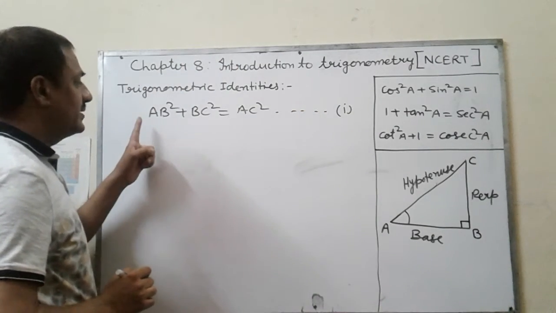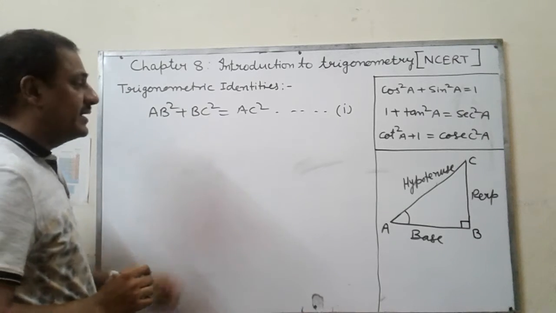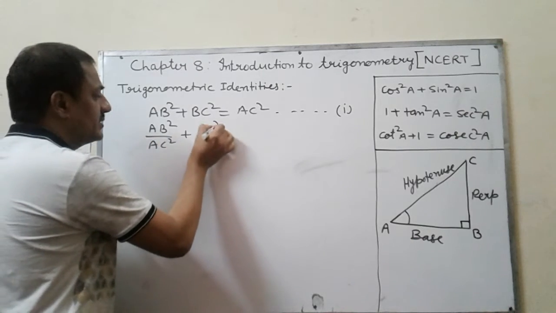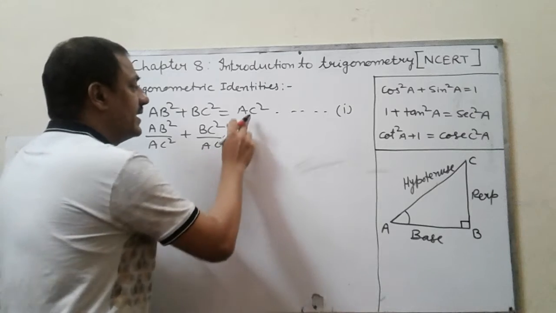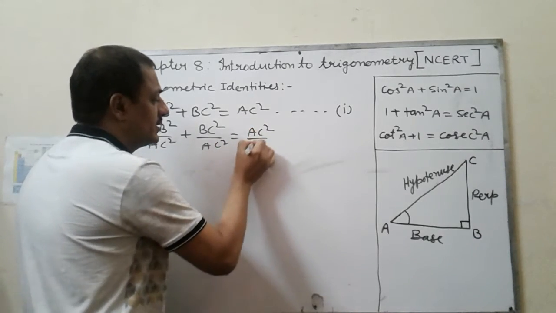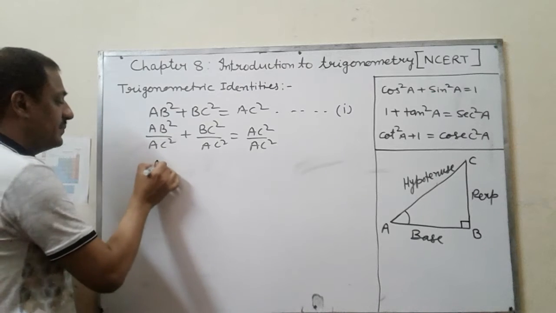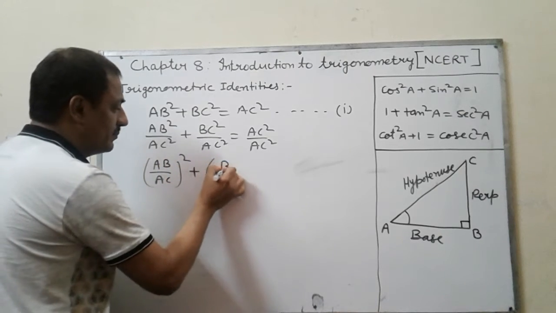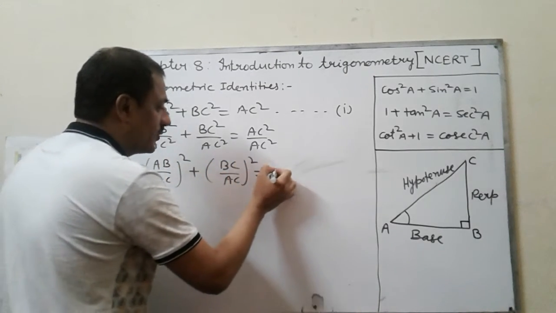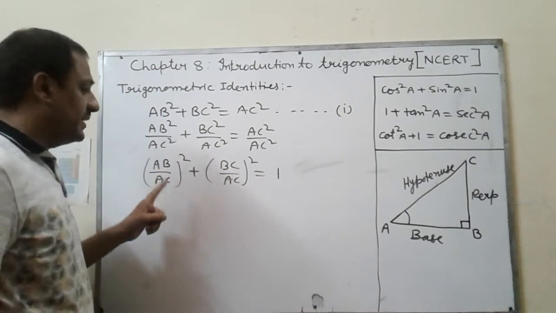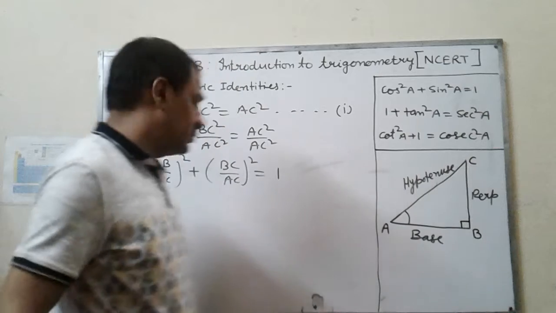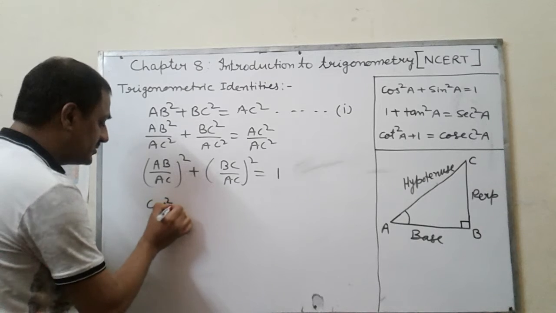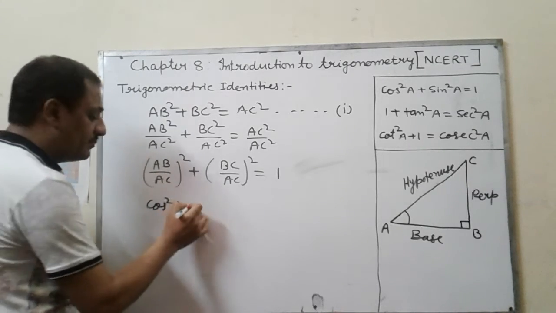Now I am going to divide each term of this equation by AC square. If we divide the first equation by AC square, we will get AC square upon AC square. We can write AB square upon AC square like this: AB upon AC whole square plus BC upon AC whole square equal to 1. Here AB upon AC, AB is the base, so it is base upon hypotenuse. Base upon hypotenuse is equal to cos A, and the square of cos A is cos square A plus,